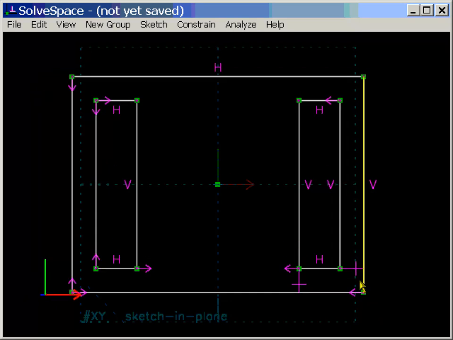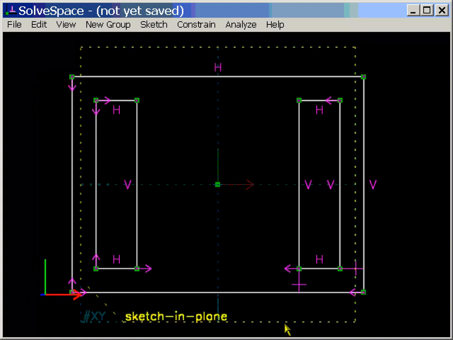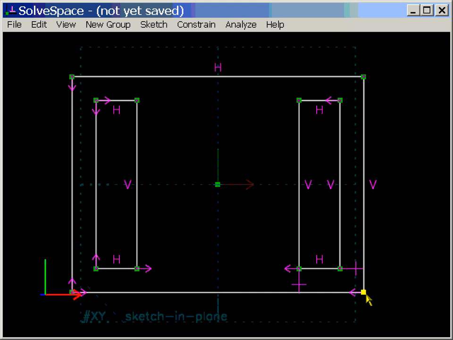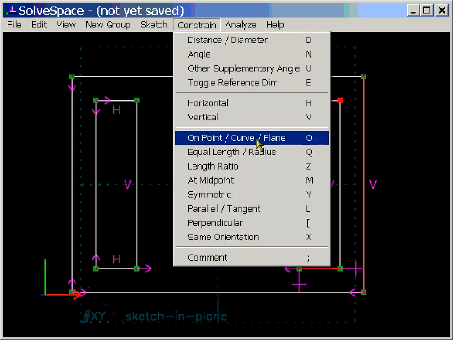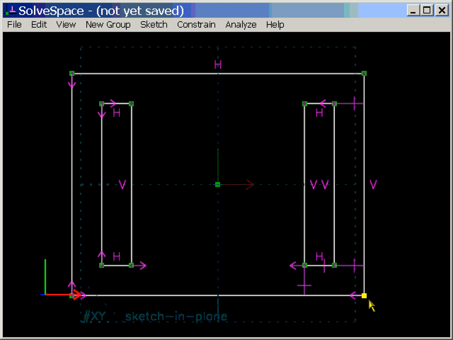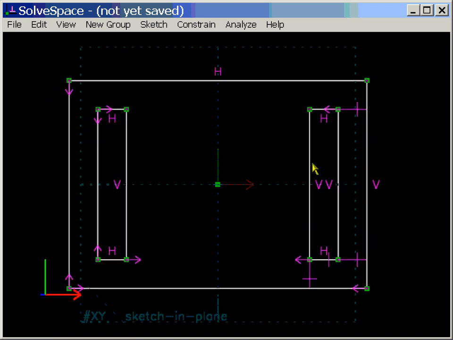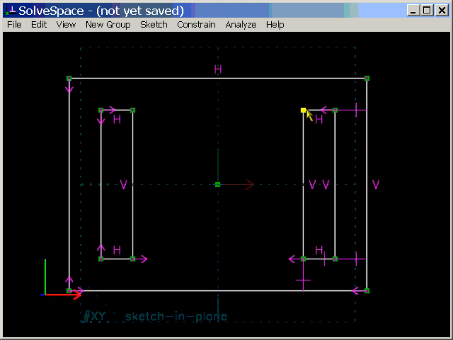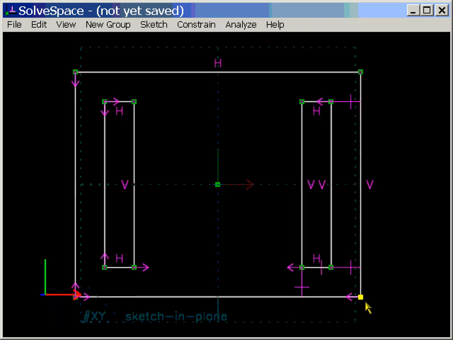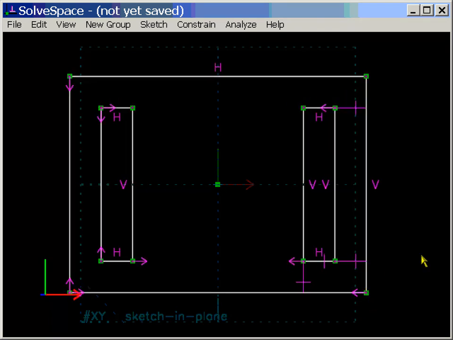The constraint is indicated with these little magenta lines drawn on the sketch. Then we could also say, for example, that we want the width of that margin to be equal to the width of the slot. So I can do that by saying that the length of this line segment is equal to the distance from this point to this line. And now as I drag, we see that everything is maintained. So the sketch now is fully constrained, but all of the lengths have been specified simply by dragging with the